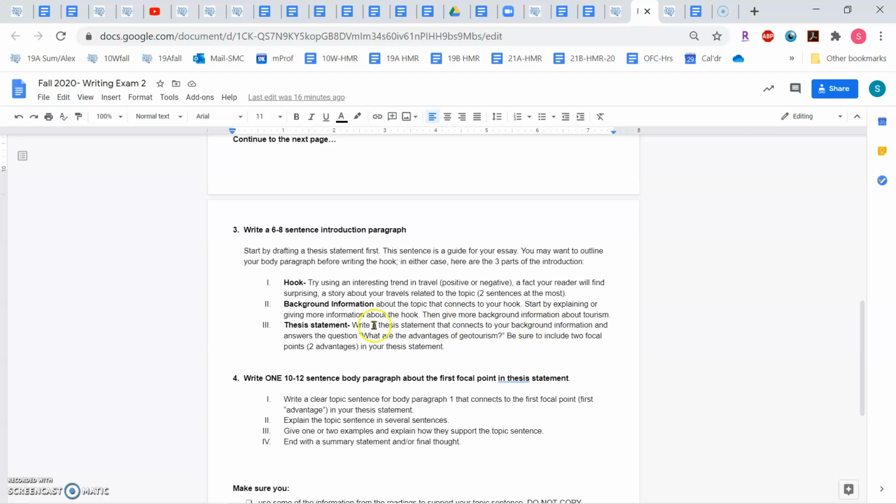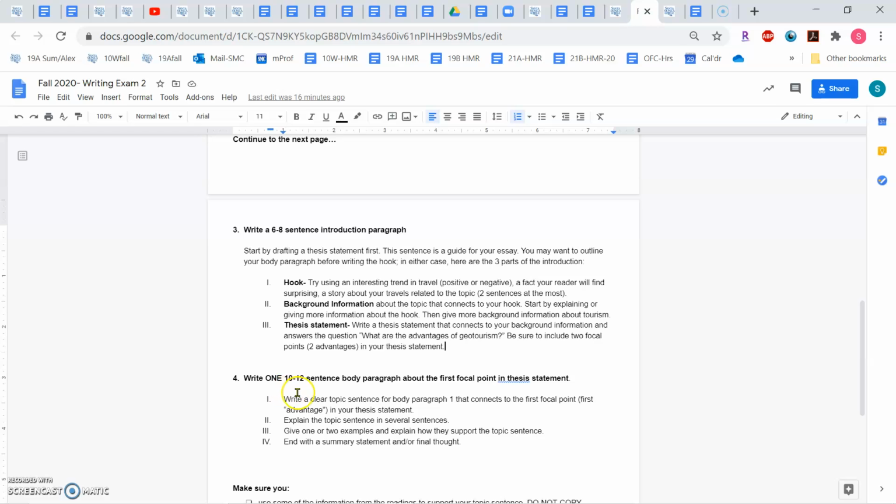Start by explaining or giving more information about the hook, and then give more background information about tourism related to the topic. For the thesis statement, you're going to write a thesis statement that connects to the background information and answers the question, what are the advantages of geotourism? Be sure to include 2 focal points or 2 advantages in your thesis statement.